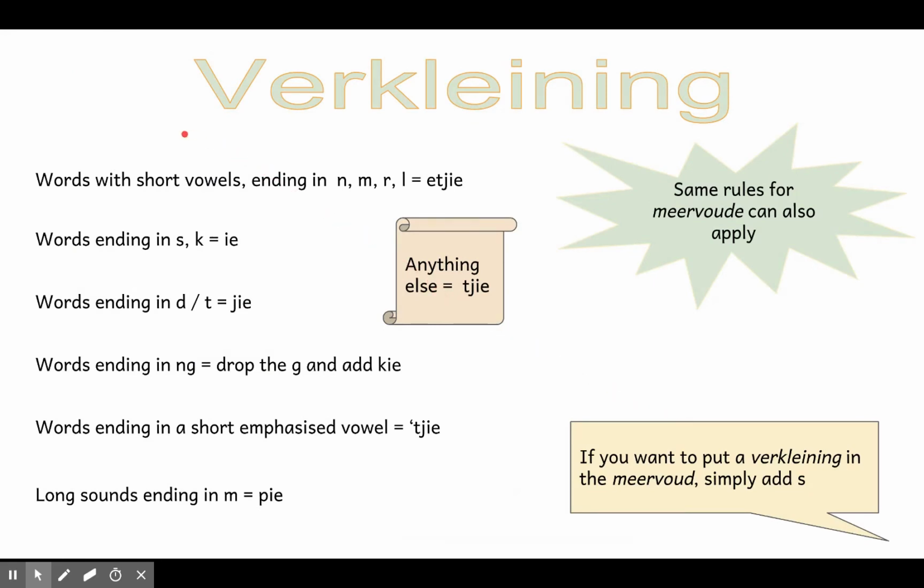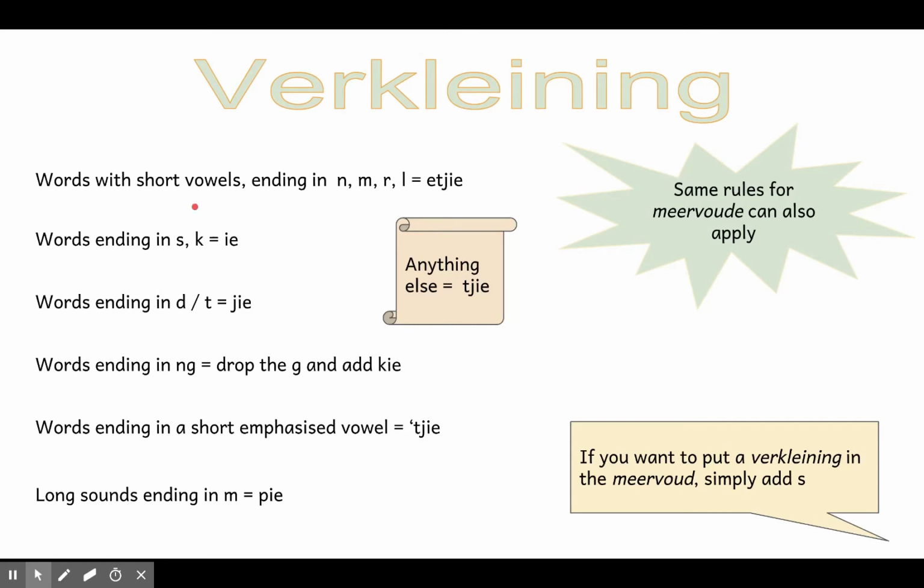Verkleining, diminutives. We make things smaller by adding an IE or a TJIE. And here we have the rules. Words with short vowels ending in N, M, R, L: remember, you add an ETJIE. Words with short vowels, A, E, O, ending in N, M, R, L, you double that consonant, N, M, R, L, and then you add your ETJIE. Blommetjie, karretjie, krokodilletjie,